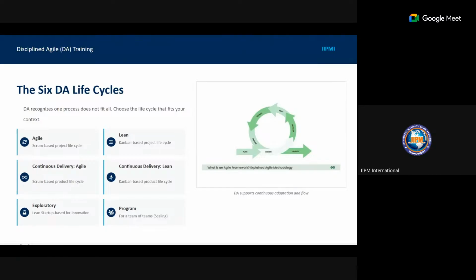In fact, as a manager looking towards becoming excellent, I've always said that you need to update your project management skill. And one of the areas of this skill that you need to update is your Agile skills, and one of the Agile skills that you need to update is your discipline Agile.